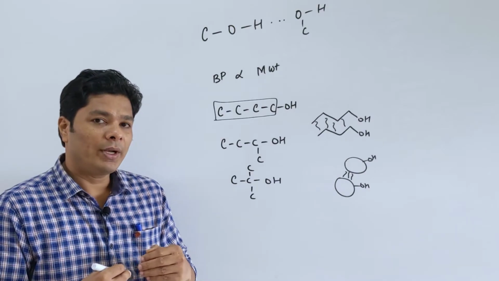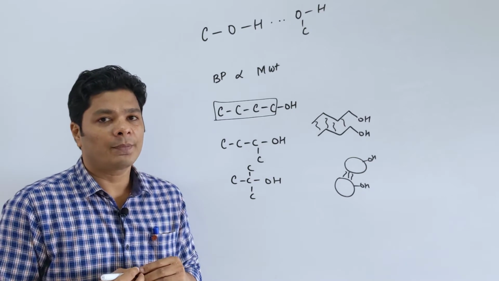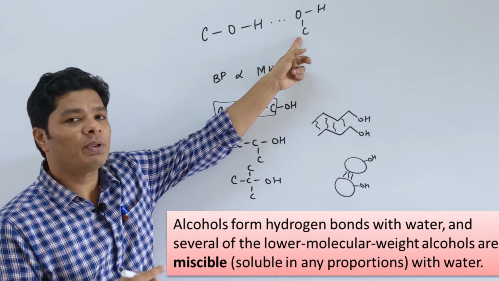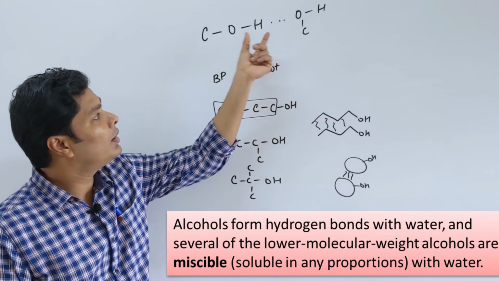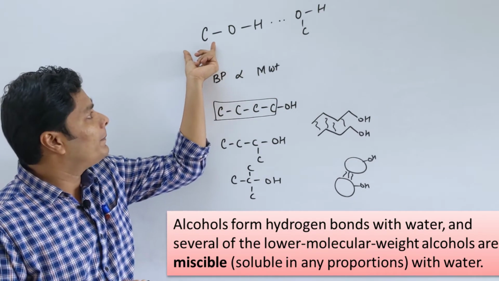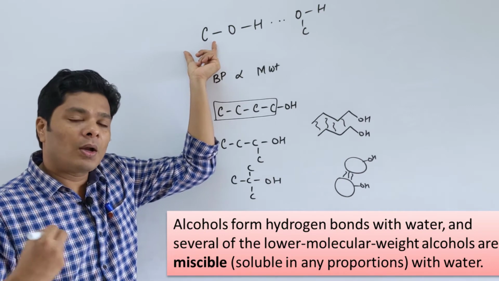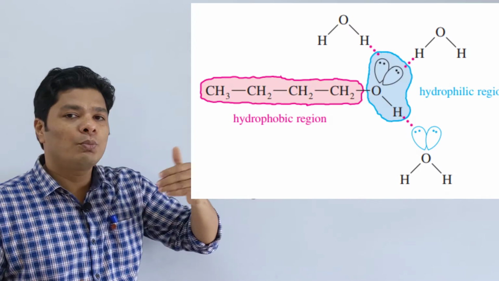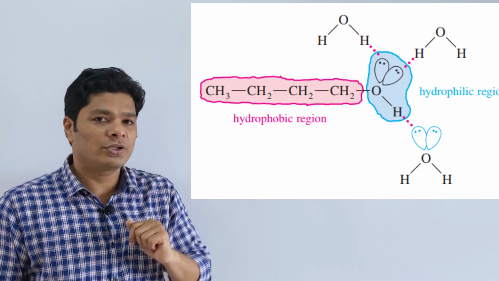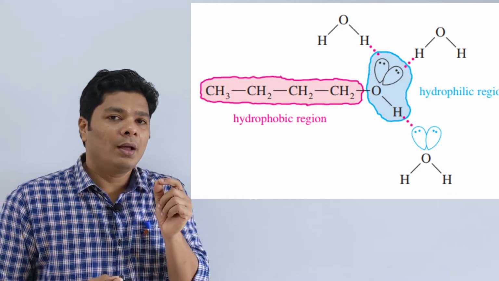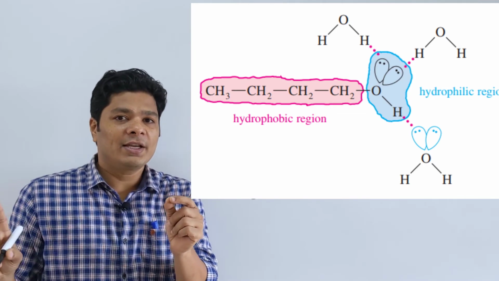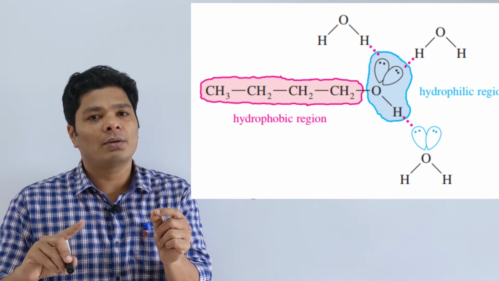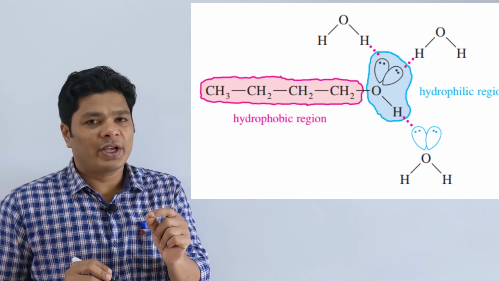If you understand boiling point, we can also talk about solubility in water. Alcohols have an OH functional group, meaning they can form hydrogen bonding with water, so they are reasonably soluble in water. The aliphatic tail makes them soluble in organic solvents that are non-polar as well. Now the longer the aliphatic tail, the more hydrophobic it becomes, meaning solubility goes down. So when the alcohol chain length increases, solubility decreases in water and solubility increases in other non-polar organic solvents. That is straightforward. We have seen this before.